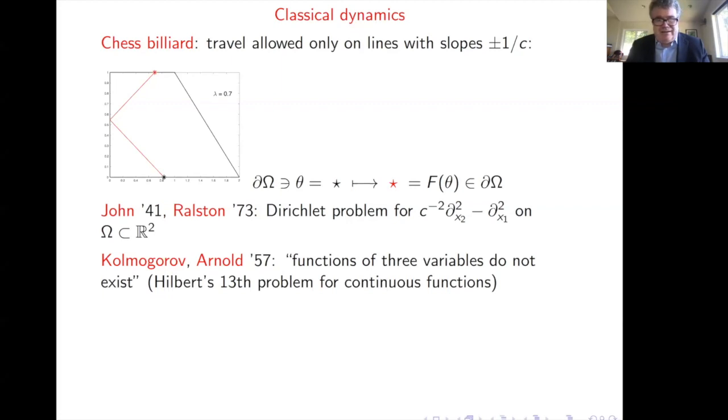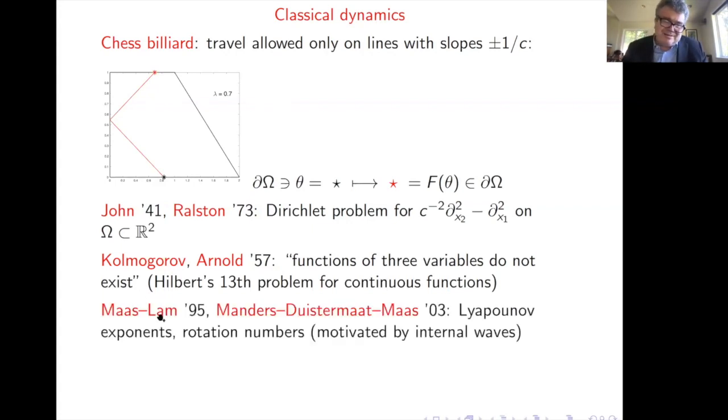And just as a little comic relief, I remember when Arnold first came to the US, I guess in 1990 or something like that, he gave these lectures in which he basically said, well, everything was done in Russia before, etc., etc., etc. But here is one counterexample. This map was actually considered by Fritz John before it was considered by Arnold in Russia, who was the first in Russia by his own account. So that's the way it is.